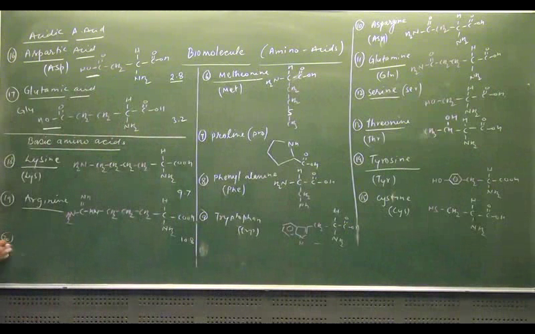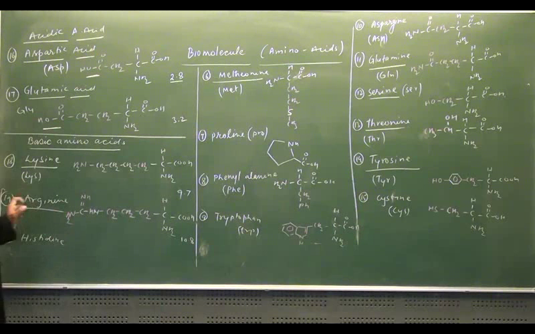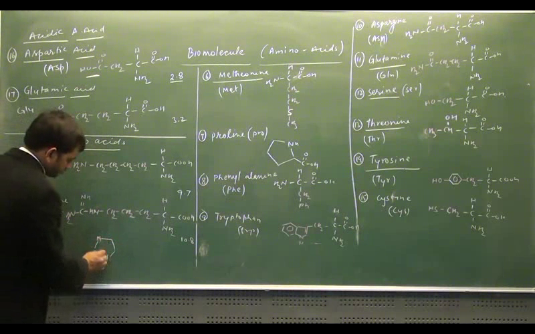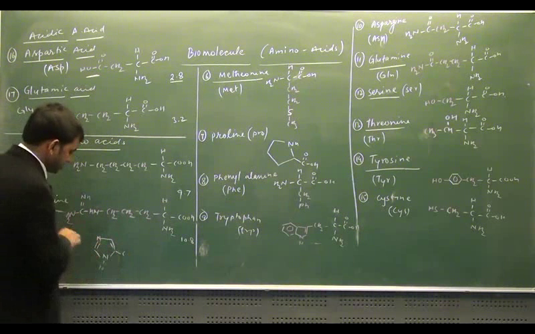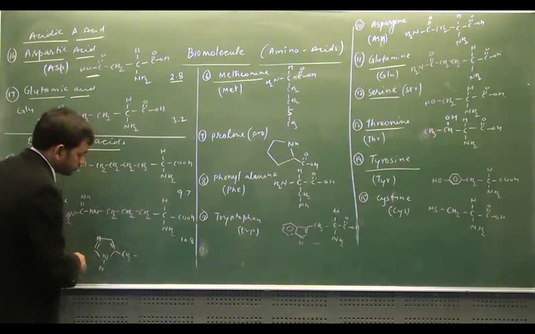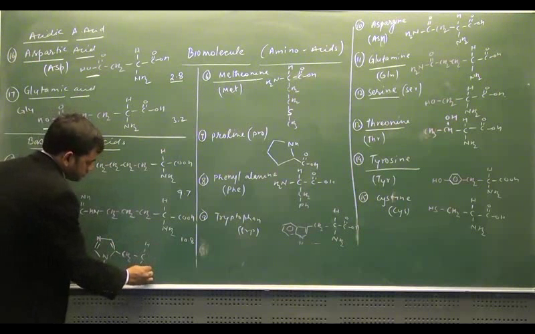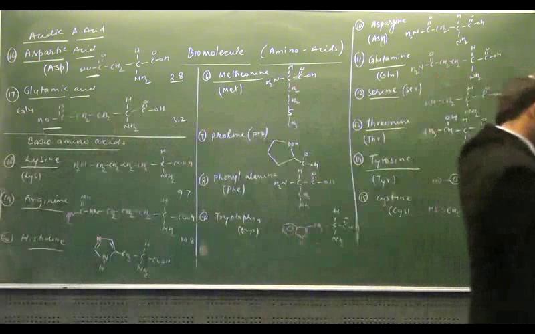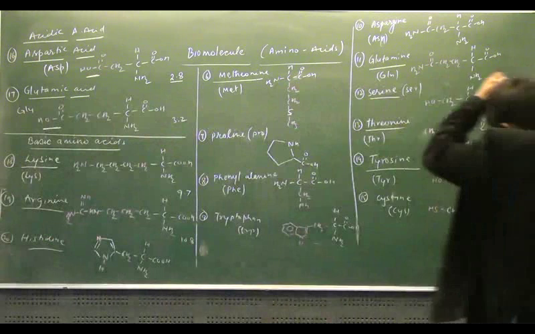Number last, histidine. These two are semi-essential, or if semi-essential category is not given, then it is essential. This is side chain. CH2, CH, NH2, COOH. It is also basic side, means the side chain is basic. Its